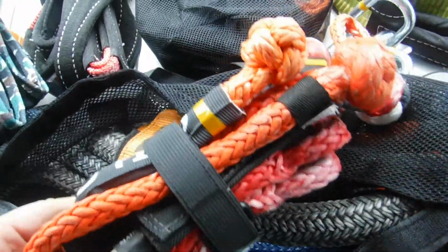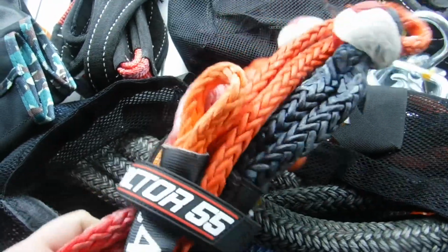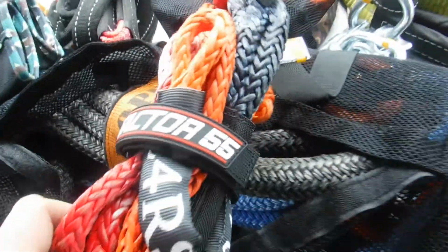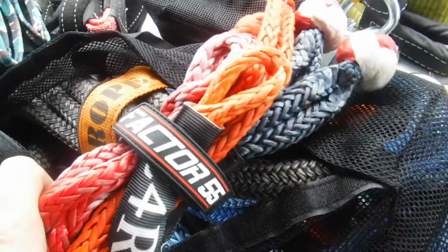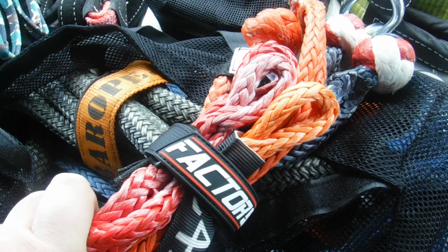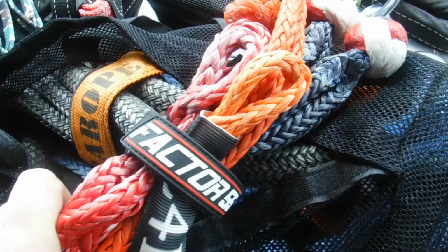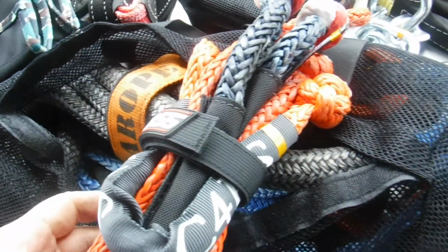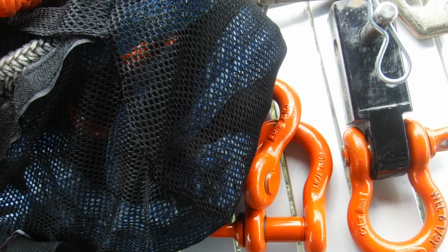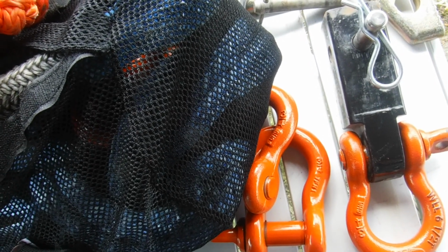I've got a bunch of soft shackles, and it's important, whether you're looking at hard shackles or soft shackles, to get them from a reputable place. There's a ton of these that might have a rating, but it's some unknown Chinese manufacturer. And especially with these bow shackles, when they get tested,